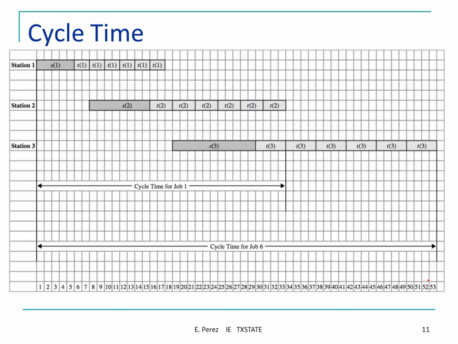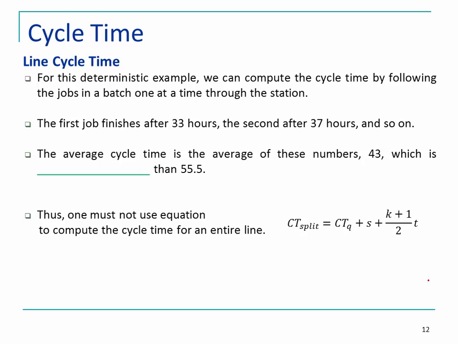So at the end, by considering the overlapping of the processes, we can come up with the average for the cycle time of the parts. Okay, so for this deterministic example, we can compute the cycle time by following the jobs in a batch one at a time through the station. The first job finishes after 33 hours, the second one after 37, and after that you increase by 4 every time. So the average cycle time is the average of these numbers, 43, which is significantly